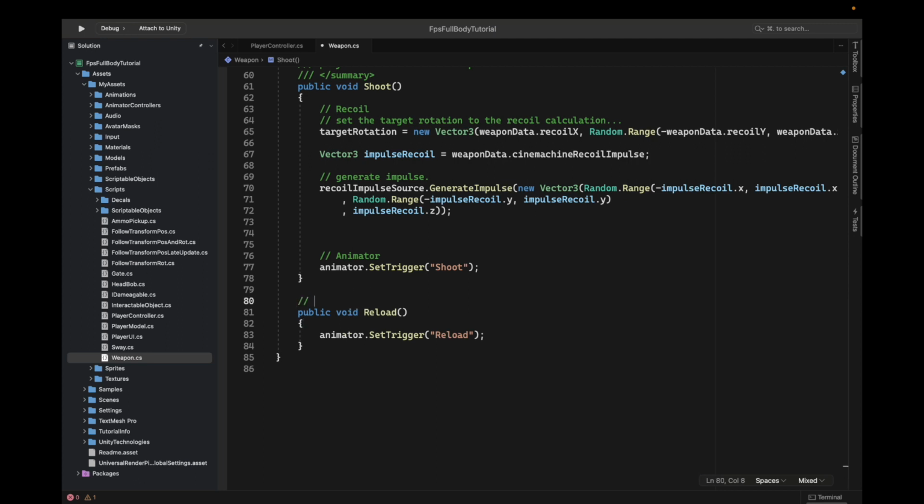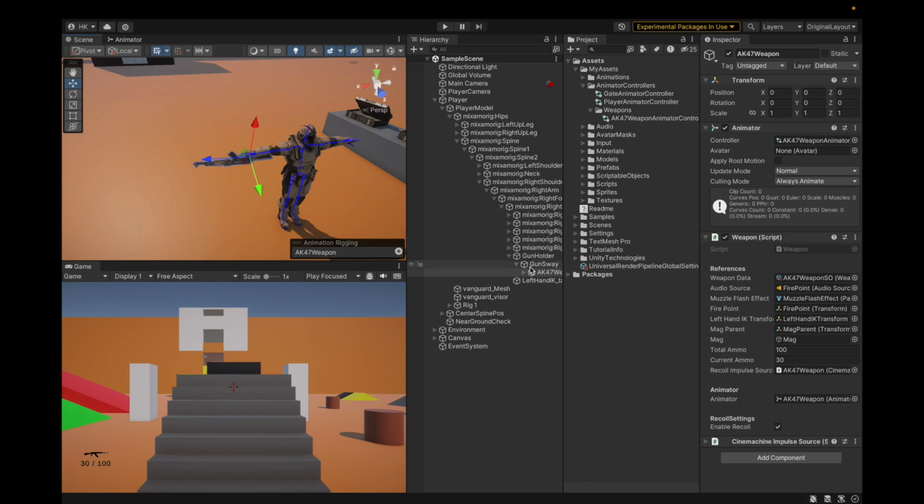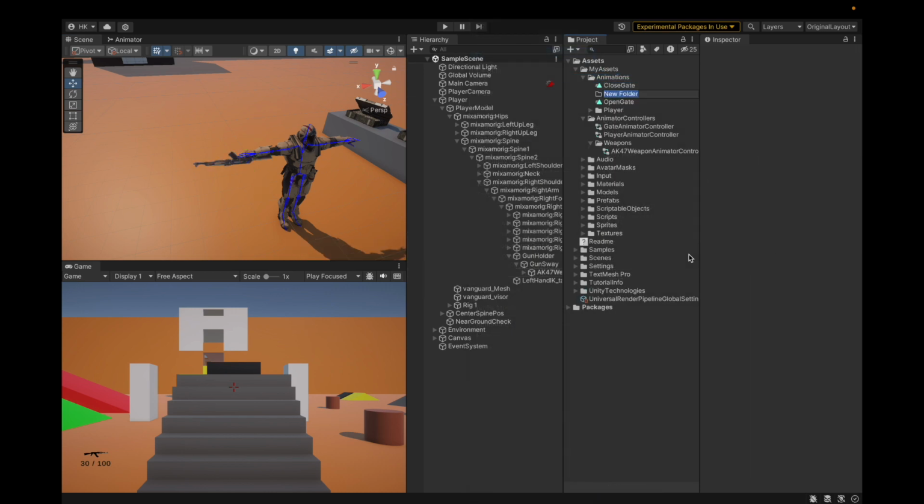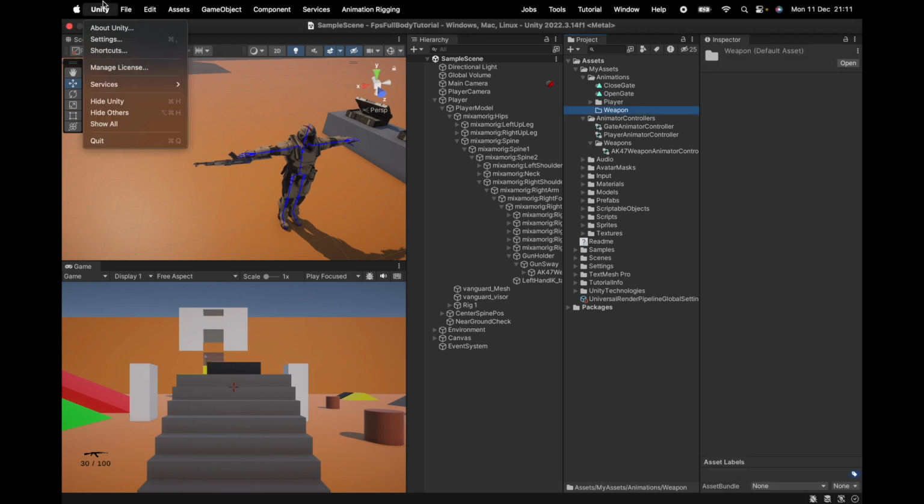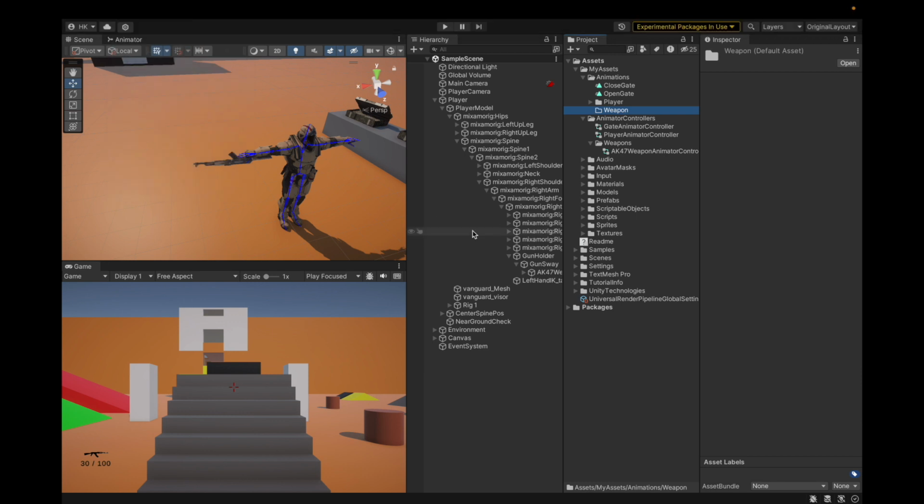Now I'm just going to comment and say reload, save, and we're here. Alright, so let's create a new folder in the animations folder, call it weapon. Then we'll save this project,